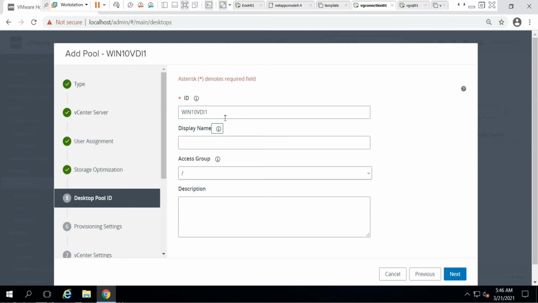The display name is just to help us understand, like this is the first pool, so by looking at it we'll know that we have only one. If you have n number of pools, it will be difficult for you. That is the reason we need to give the display name. Windows 10.